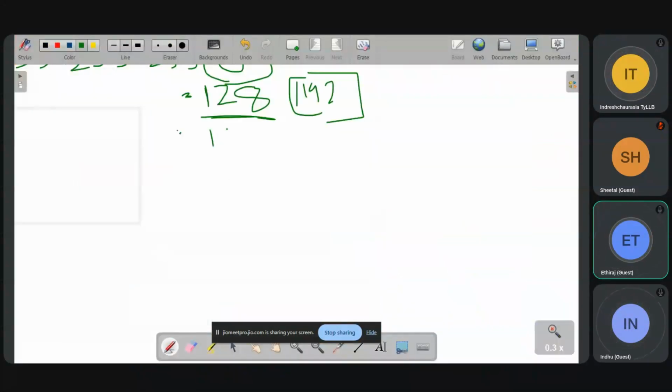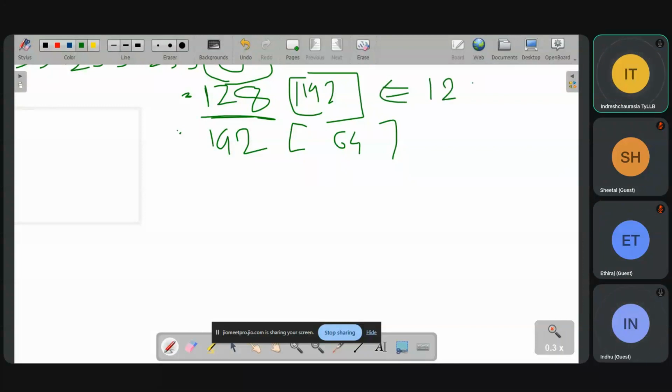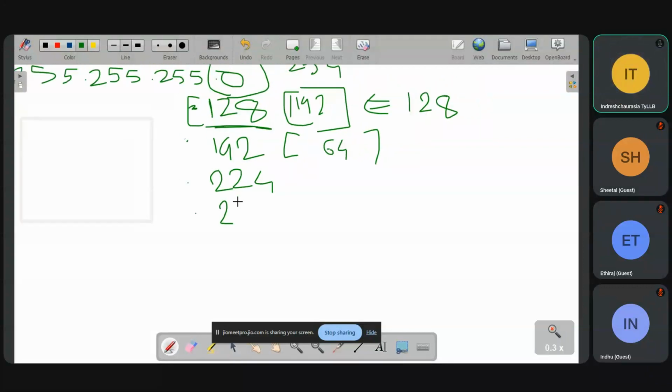Here it is going to be 192, and the hosts will come as 64. Here the hosts are 128, here the hosts are 64. Only here it comes this way. Now 224. You don't have any other option. You have to remember it this way.